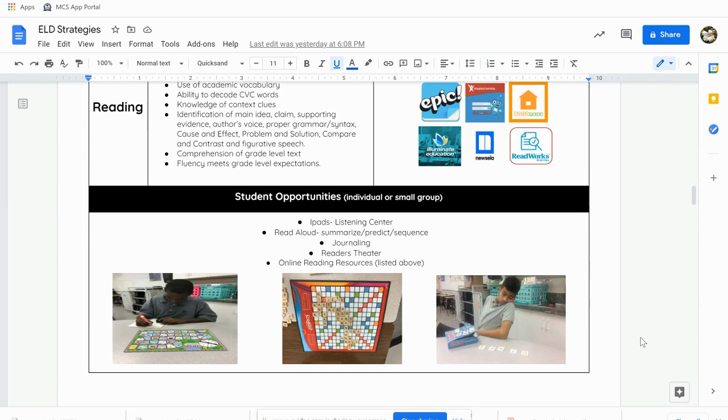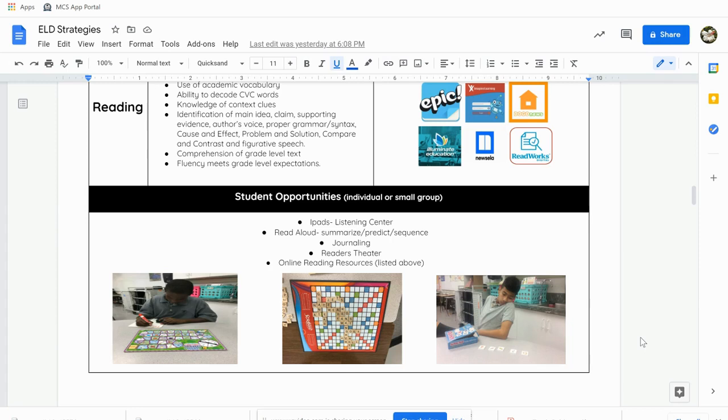Why, since this young man is in the 7th grade, would you start there? Well, if he can't even see his own name in print, I know that letters are my beginning point. He has no concept of letters at all. So I have to begin at the basics. He needs to understand that a sandwich starts with the letter S, not with the letter C. A boat begins with the letter B, not with the letter D. I say that because in the very beginning, our students have difficulty deciphering between a B and a D. They think both of them are the same as P and Q, right?